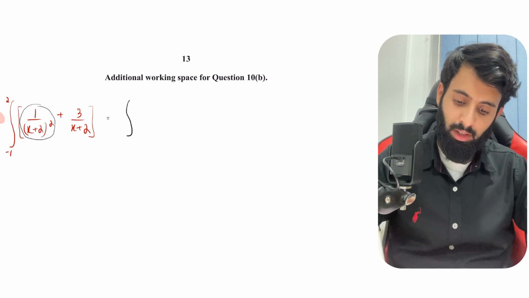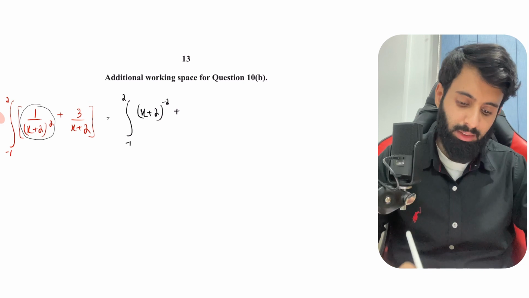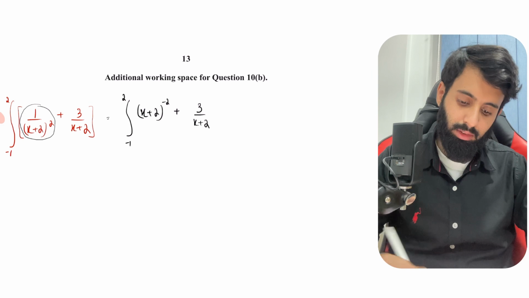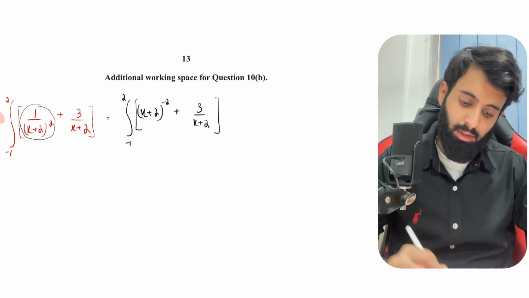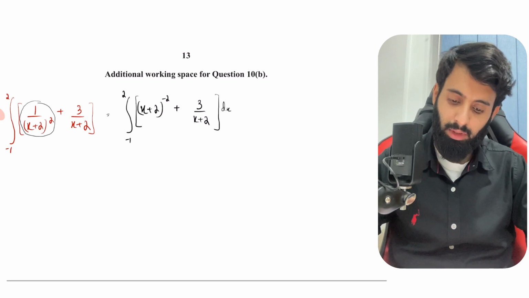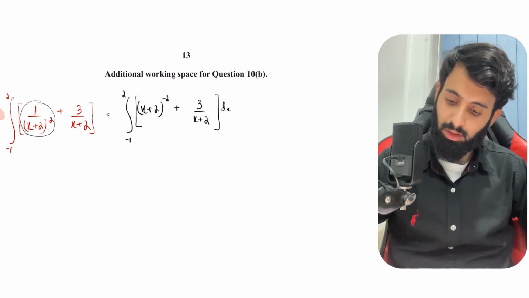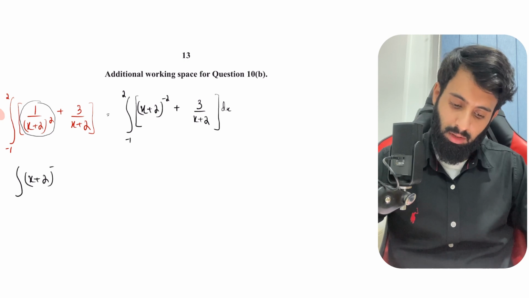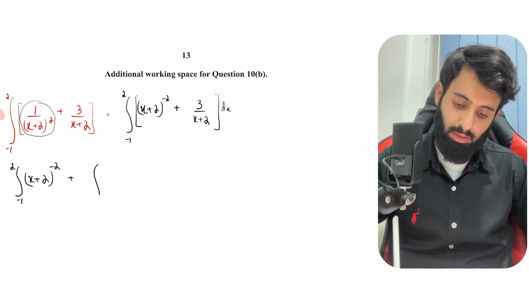We haven't started integrating it yet. So we have (x plus 2) to the power -2, plus, what do we have over here? We have 3 over x plus 2. It is best that we do this separately, and this is what we're integrating with respect to x. I'm going to write this separately so that it's easy for me to integrate. So we have (x plus 2) to the power -2 within the limits 2 and -1 that we're going to integrate. Plus, we're also going to integrate